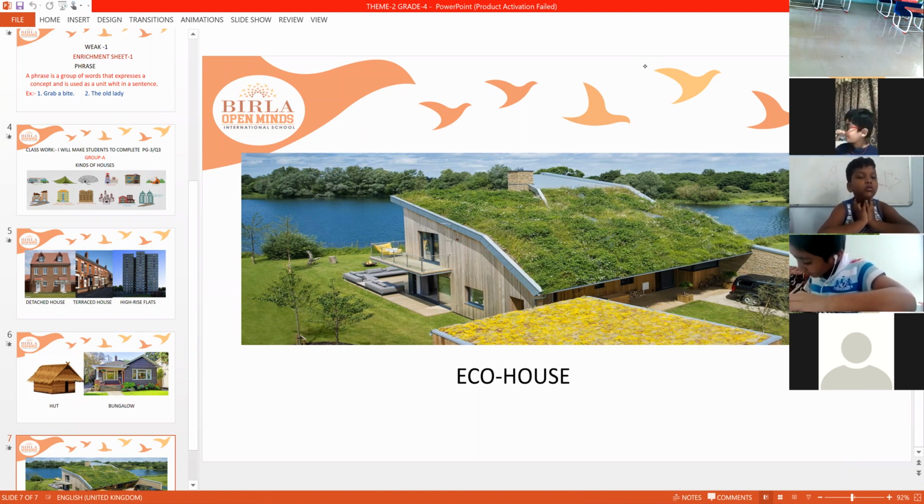Okay. Now, it is second para. Look into second para, beta. Shashank, Faizan. It is also an eco house because it uses natural resources like water and energy efficiently. They have a wood burner to heat the house and big windows in the roof to let in the natural light. See? To get the natural light, they have small windows.